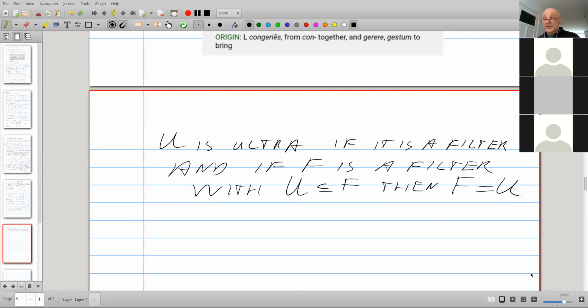Nothing is bigger. If something seems bigger, it's equal to the point already. This is our definition of an ultrafilter. There is no strictly finer filter.